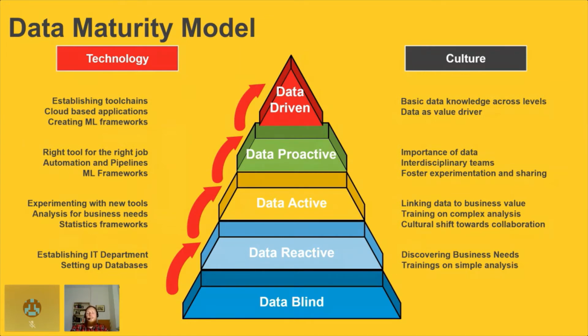Culture-wise, reaching the last level is basically, in my opinion, characterized by having some basic data knowledge across all levels. And I don't mean that you know how to implement some standard deviation methods inside the code, but rather that you know what the standard deviation is, what a variance is, and that you have it across all levels. So basically, if the CEO knows how metrics are calculated from the meaning, this is a very important point. And you need to establish that data is also one of the value drivers across the organization. So data is not only there, it's important and it's driving value.